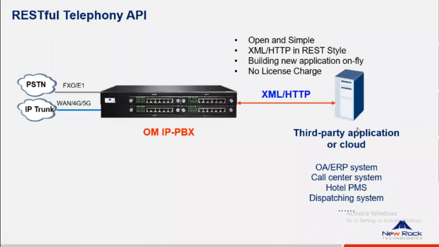So the application server, using the OM API, can do parameter queries, parameter configuration, call control, call transfer, and status inquiry. Then, of course, there is no license charge. So we have these very good advantages that we offer to our partners. This is one of the applications that is very useful for interworking with hotel and hospitality management